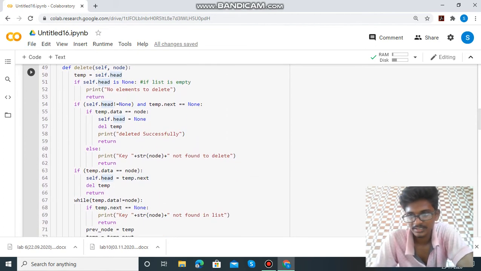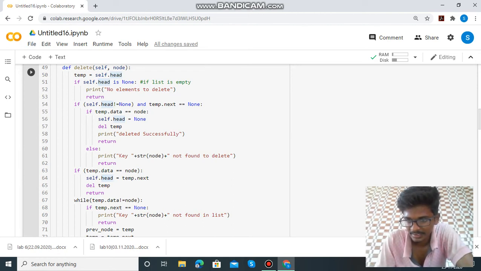Then delete the node. It takes the value to be deleted as parameter. Check if head is None. If it is true, print the list is empty and return from the function. Else take self dot head equal to temporary variable temp. If head is not None and temp dot next equal to None, there is a single element in the list.